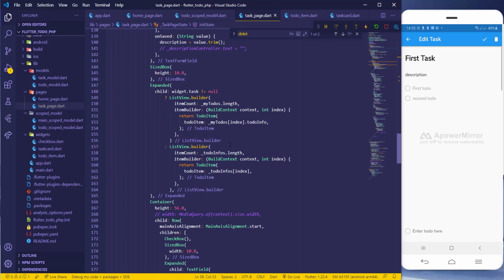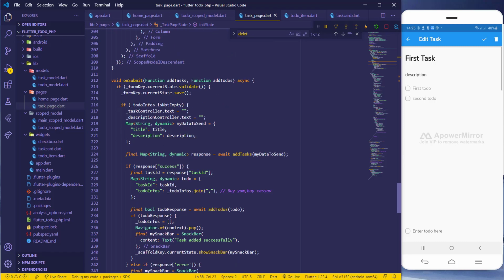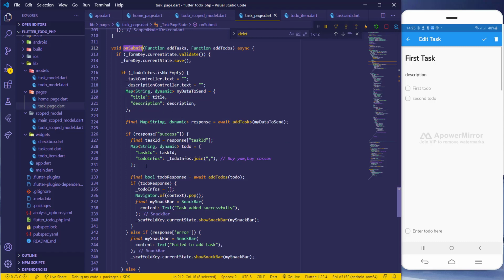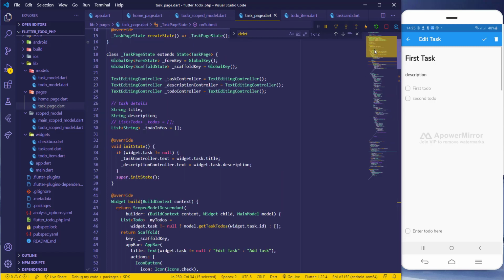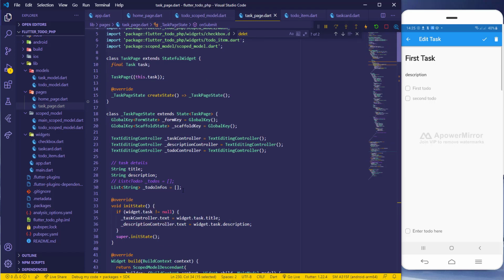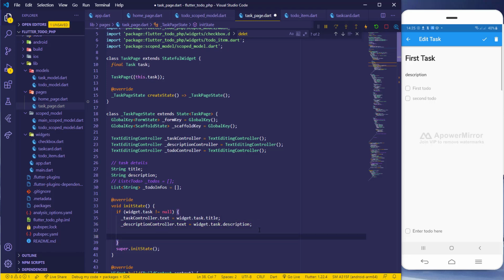When we go to the unsubmit here, the to-dos that we submit into our database is this one. This is the to-dos, and then we do the join. So we can come here, and when we check in our init state here, we can make sure that we check, let's say we can say if,